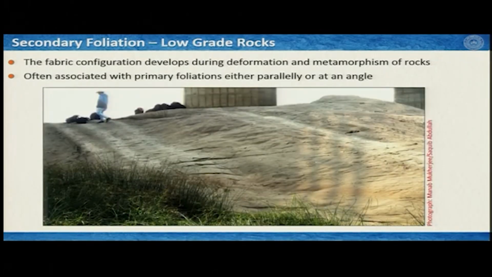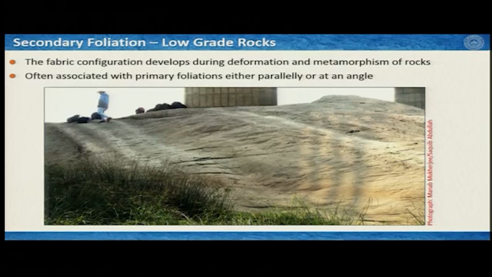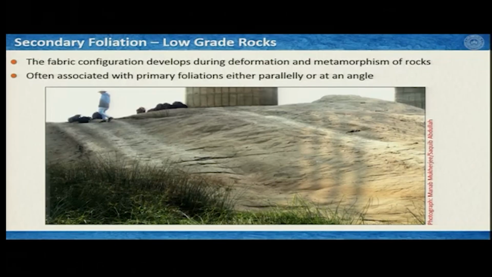So, what we see here in this image, this is from Chaibasa formation in India. First of all, as we have understood how to identify the bedding planes or primary foliations, and as I said that a compositional layering or color banding is very important, particularly if you are dealing with a low grade rock, and in this case this Chaibasa formation is yes, because this is deformed under green schist facies, metamorphosed under green schist facies. So, what we see here, this alternating